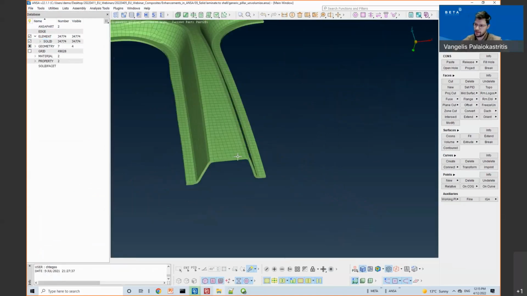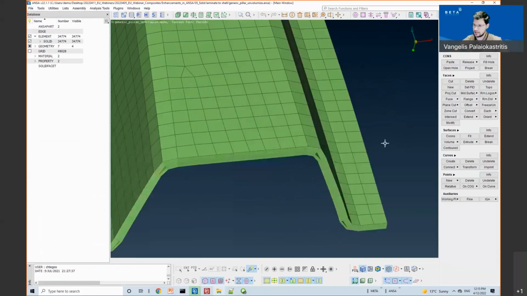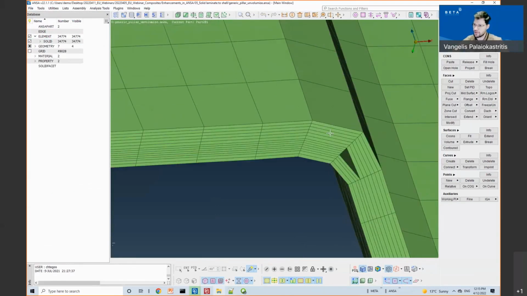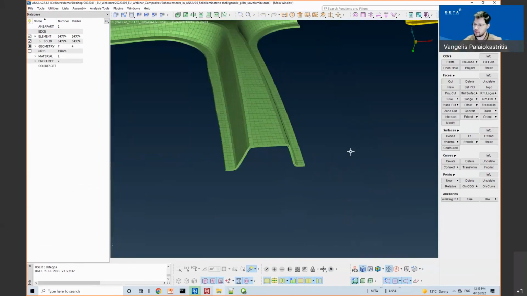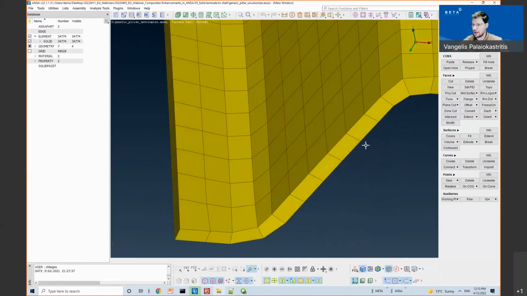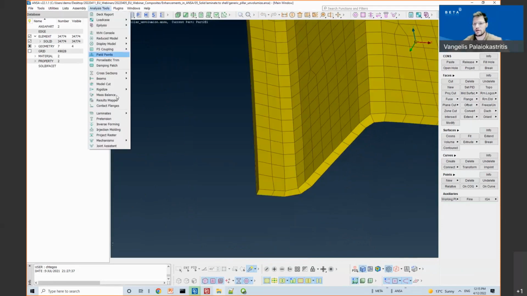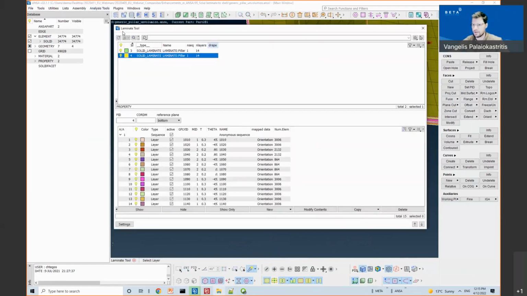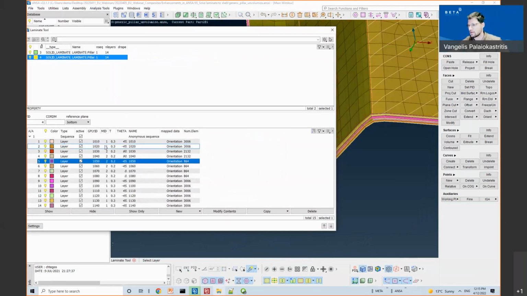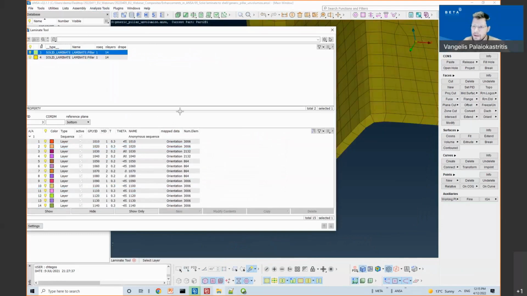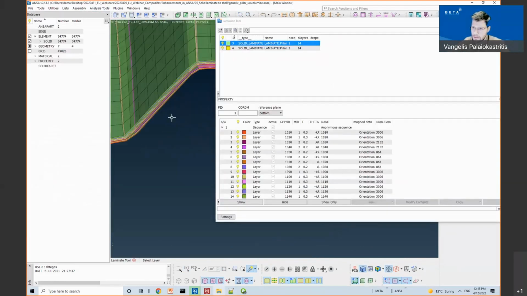So in this example, we have two solid laminate definitions. The one is the per-ply model, so its layer here is a solid row, and the other is with a single element. So there is a single element for the property, and the lamination information is inside this solid property. So the layers are defined inside the single solid.